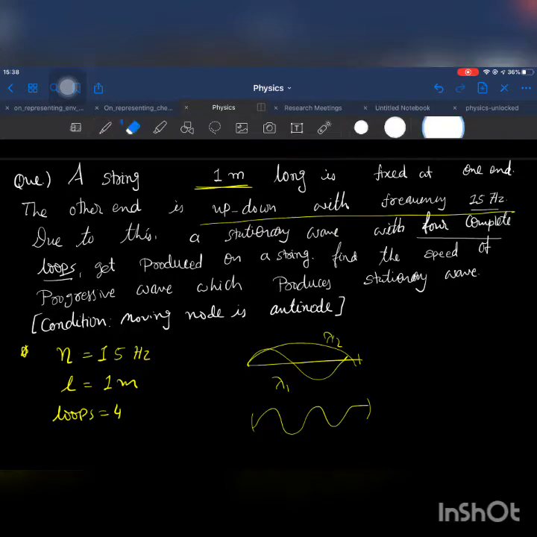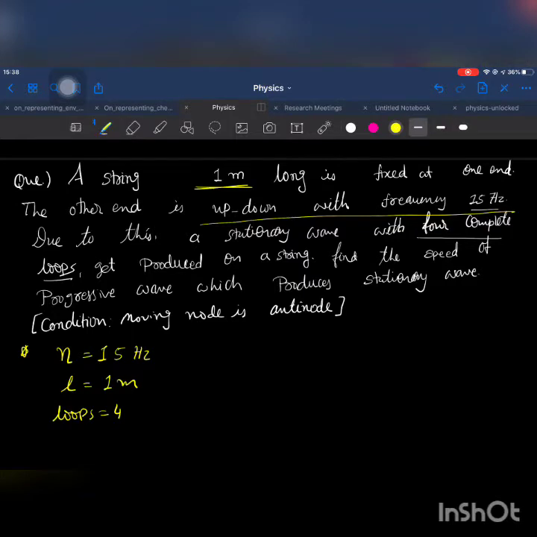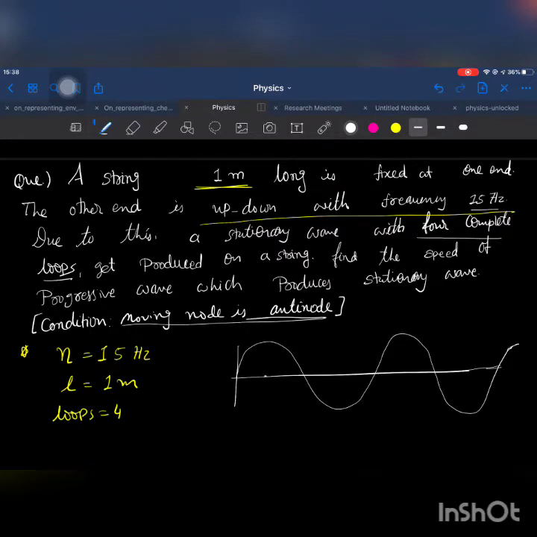So we have 4 different loops, and you can use the formula directly and calculate it, but what I'm going to do is go with more fundamentals. So I have 4 different loops, right? If this is a string, 1 2 3 4, and remember the antinode is moving here, so the last point has to be the antinode. Remember this, otherwise you will mess up. Now it can be like this also possibly, right?